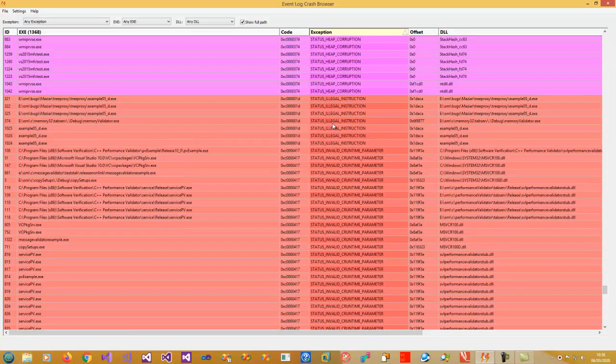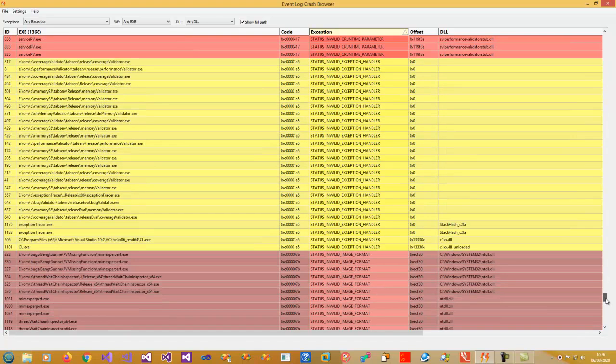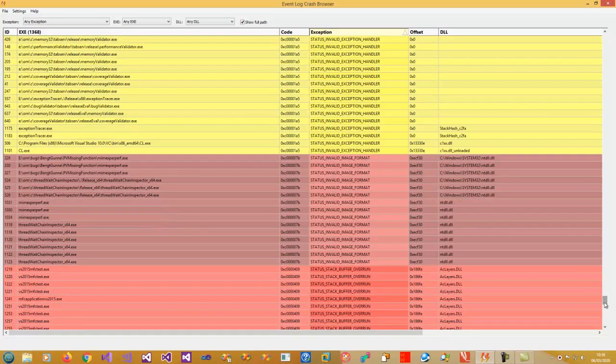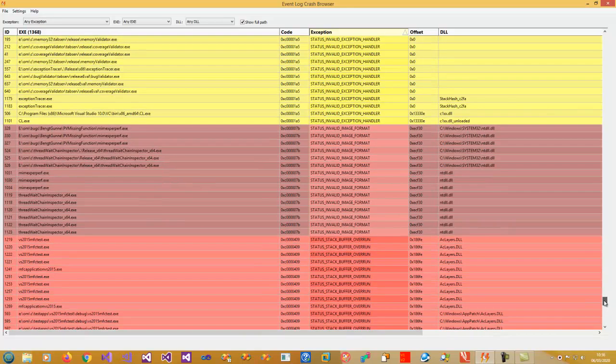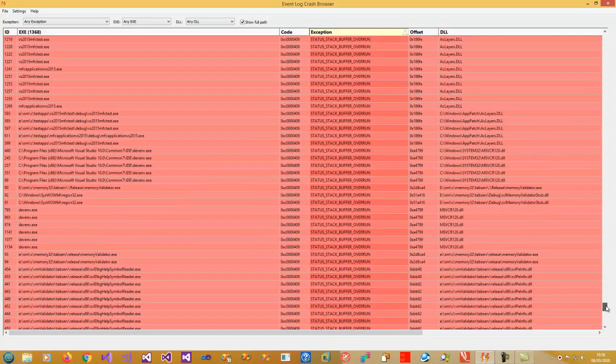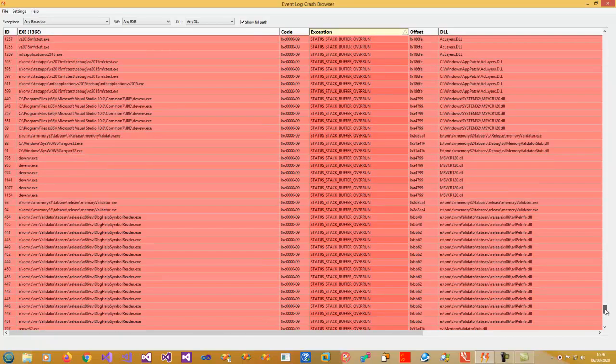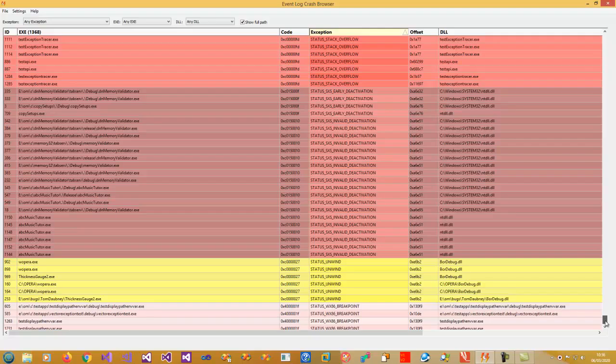Illegal instruction. So you're calling code incorrectly somehow. Invalid C runtime parameter, you've passed too much data or the incorrect format of data on the stack, or you've overrun a buffer that is passed on the stack. Invalid exception handler, so you've passed some data into the exception handler and it's not quite right. Invalid image format, so that's a corrupt DLL or executable, or even the wrong architecture. So maybe trying to run an ARM DLL instead of an x86 DLL. Buffer overrun, stack overflow, and